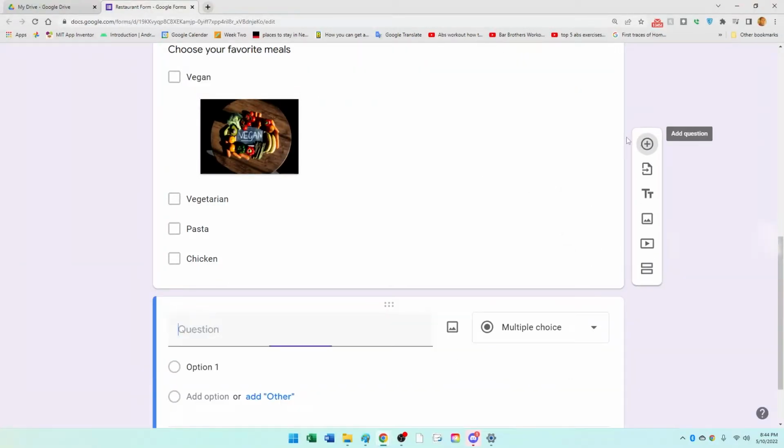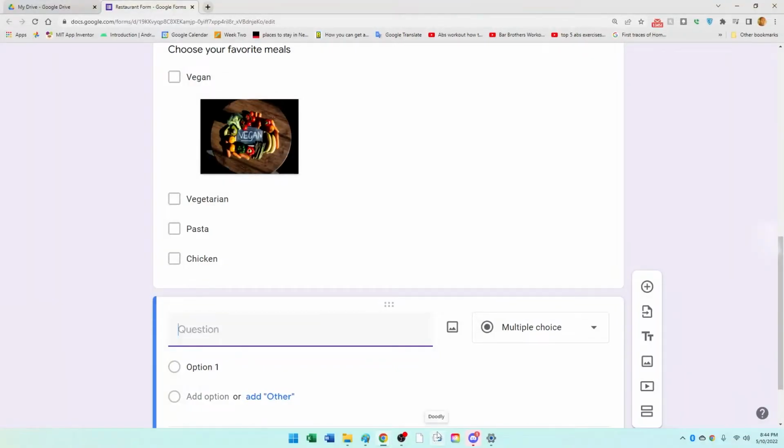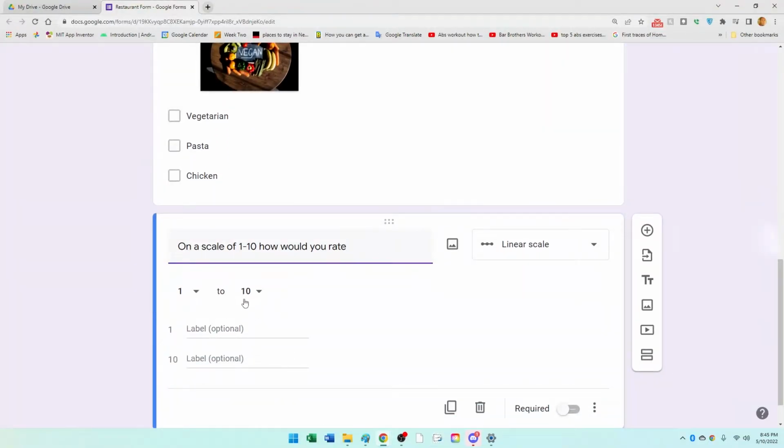And then when you're done, you could create another. Now I'm gonna show you specific question types that might also be useful. Let's say you wanted a rating scale if you're doing a business. So on a scale of 1 to 10, how would you rate? And fine, and Google automatically includes a rating scale here, and of course number one would